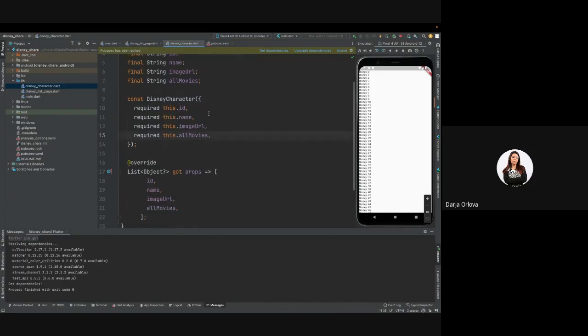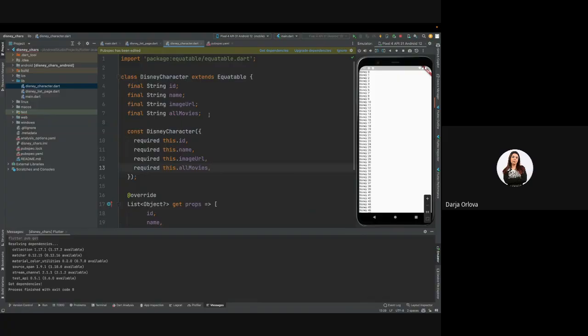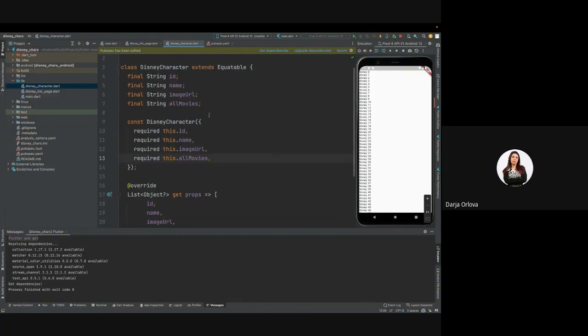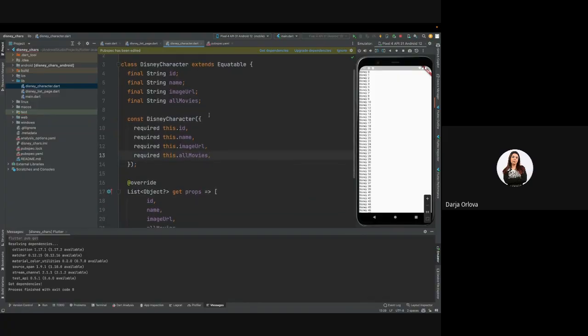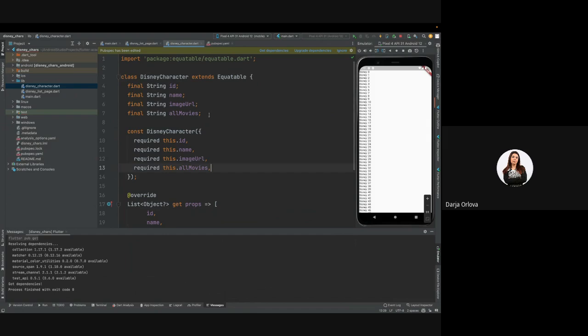So we do it like this. Okay, so for now we have our Disney character